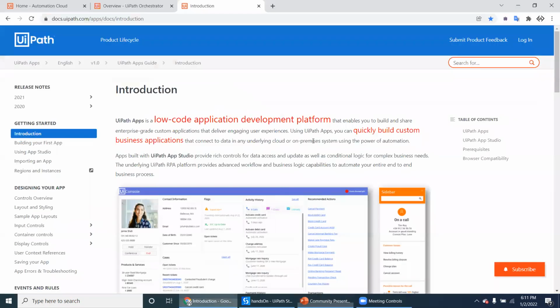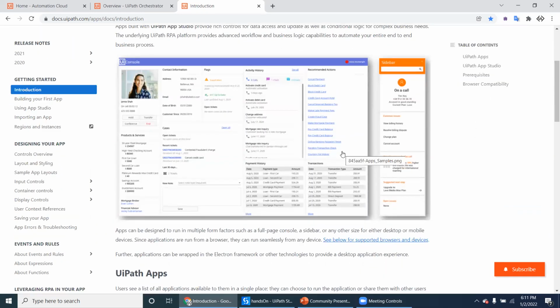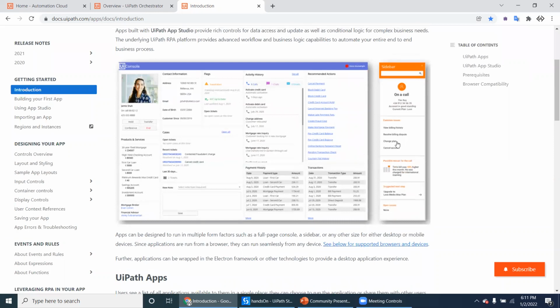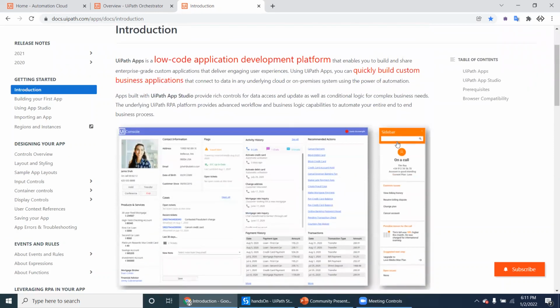Let's go to the UiPath apps documentation. You can see here that UiPath Apps is a low code application development platform that enables you to build and share enterprise grade custom applications. So you can create a web application. Below you can see a call center application; you can simply create it in less time, so you can quickly build custom business applications to interact with the